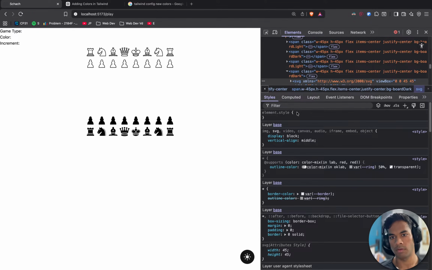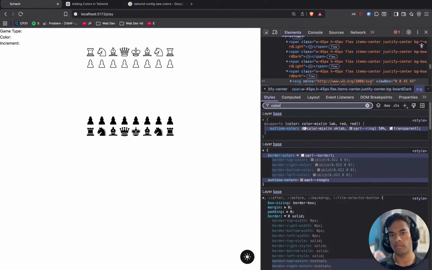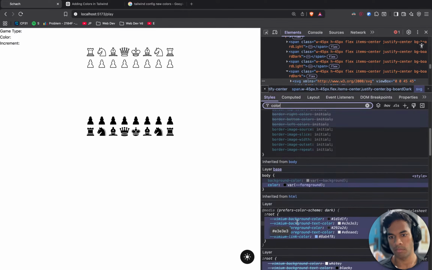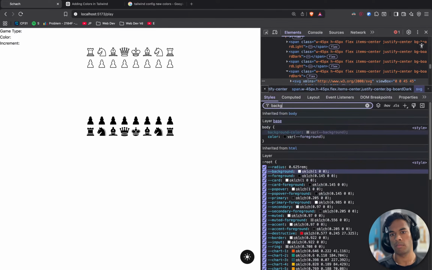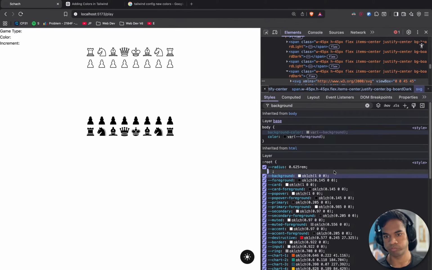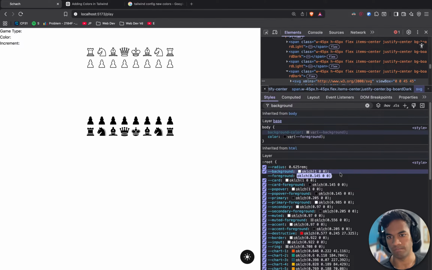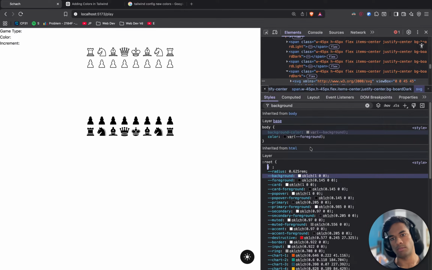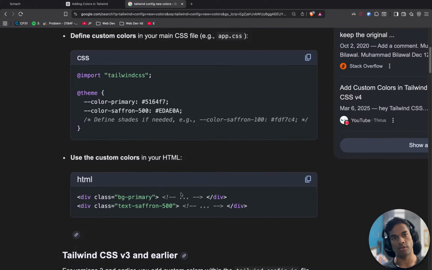Styles. Okay, here. Background is white. Yes, background is white. Background color, yes, background is white. Background is not changing.